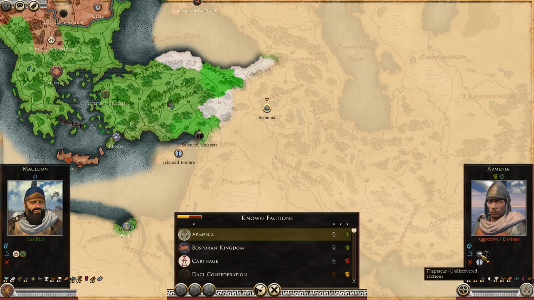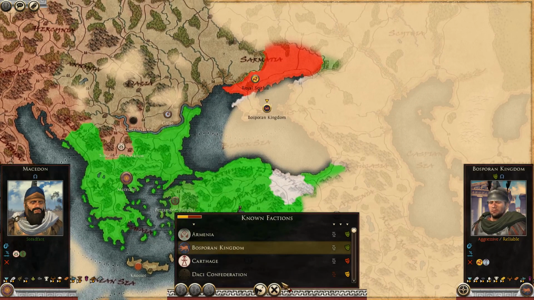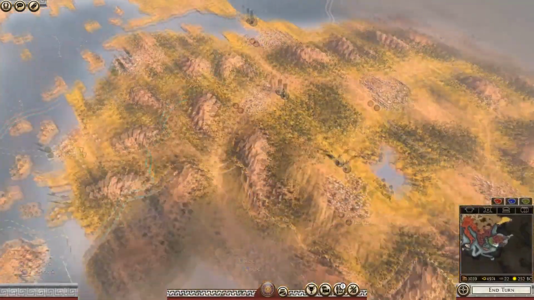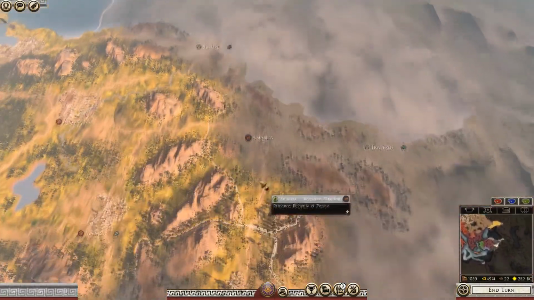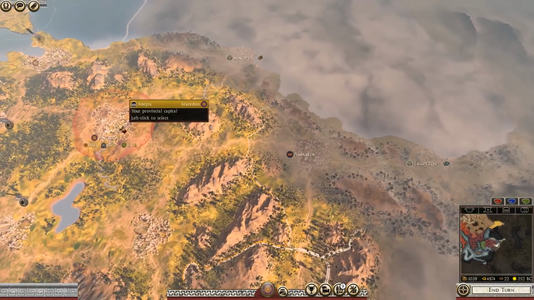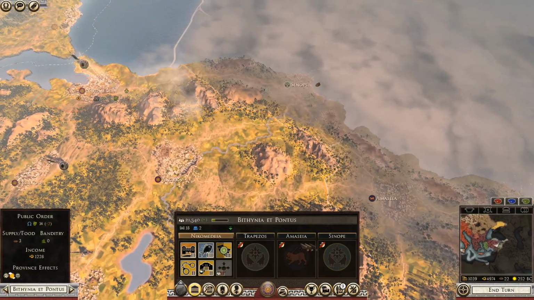So you've got 2 sets of military allies. The Bosporan, they're quite powerful, but they don't have any friends, and they're also fighting the Seleucids. I mean, is there a chance I could come in and snatch that settlement there, which would give me nothing? Oh, it would probably give me...